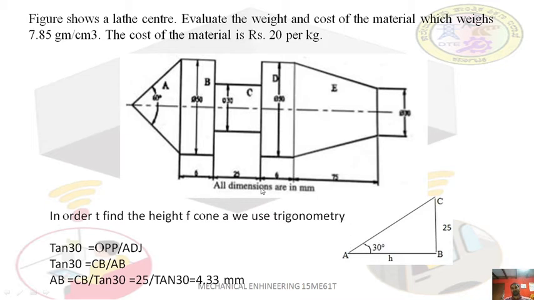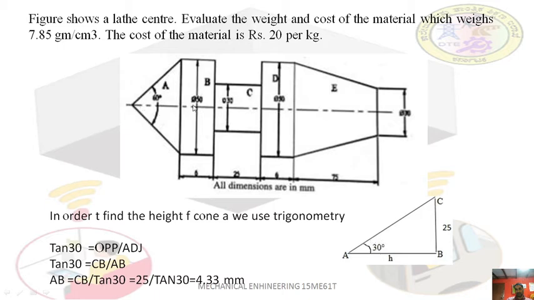In the examination, most students make this kind of mistake. Here 60 is given, and they will take 60 here. But we are not taking the whole triangle here; we are taking only a right angle triangle, that is half of that. So 60 degrees means half of that, 30 degrees, you must take. Usually the mistake is this one, so you have to take care of that. They will take 60 here instead of 30.